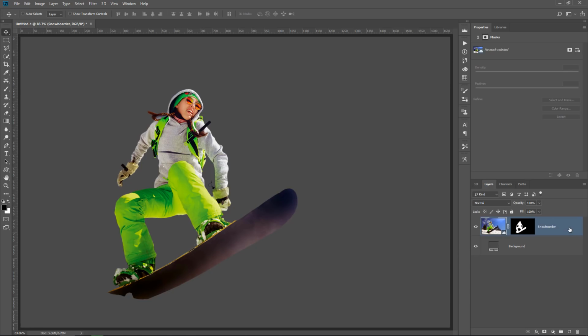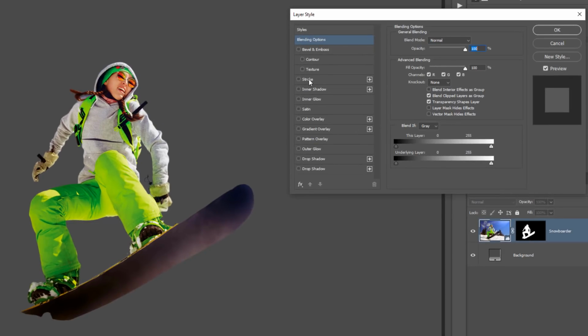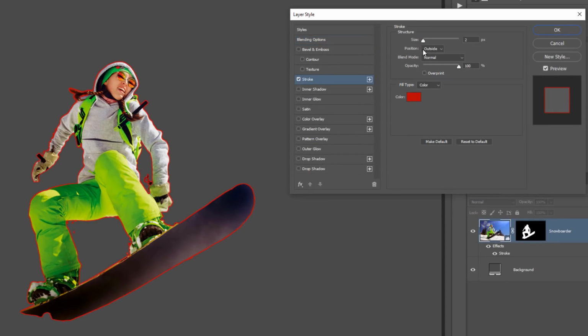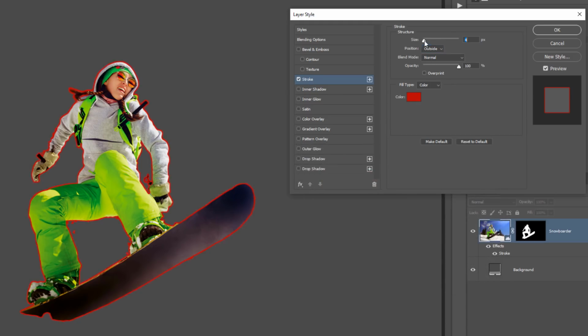All you need to do is go into the layer, double click to the side of it to bring up the layer style window, and you can just click on stroke. Make sure that your stroke position is outside, opacity at 100, and you can select an easy to see color such as red. Then you can increase the size of the stroke accordingly. In this case, I don't need a large stroke, about 3 pixels works. And now we have a stroke around the snowboarder, and this stroke will help us see the imperfections of the